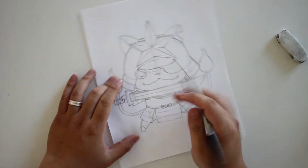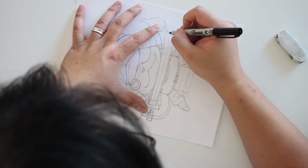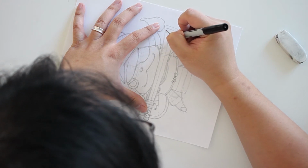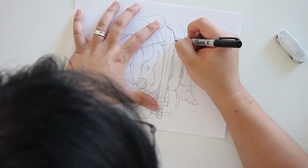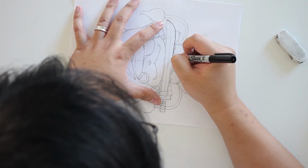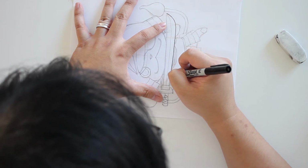For example, let's say I'm drawing this long curve for the sword here, okay? I'm not going to try to score it with one take, one line. I'm going to break it up into several lines. So watch this. That's 1, 2, 3, 4,